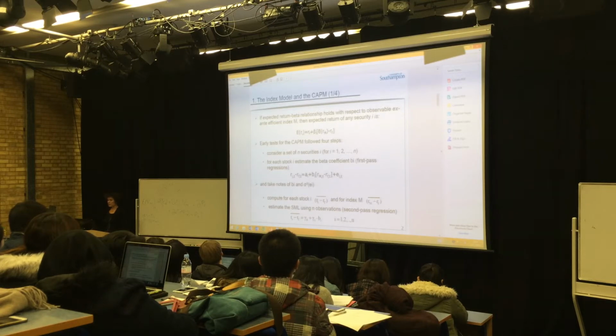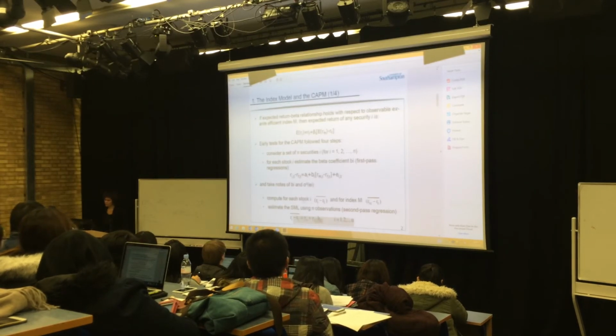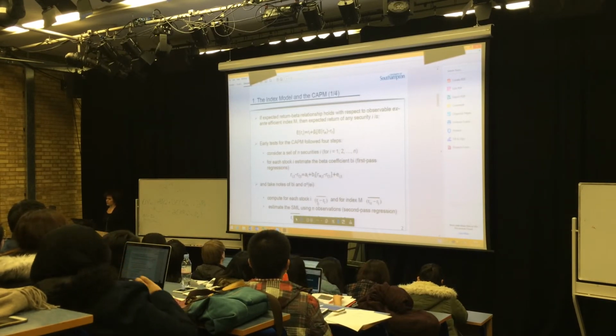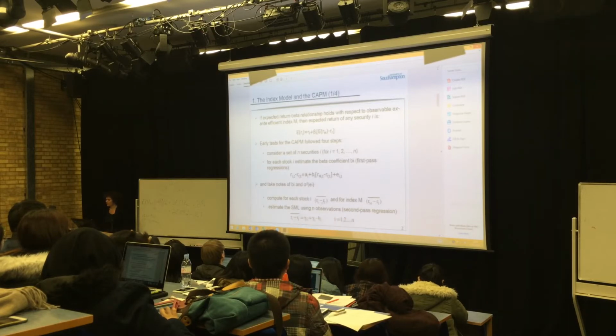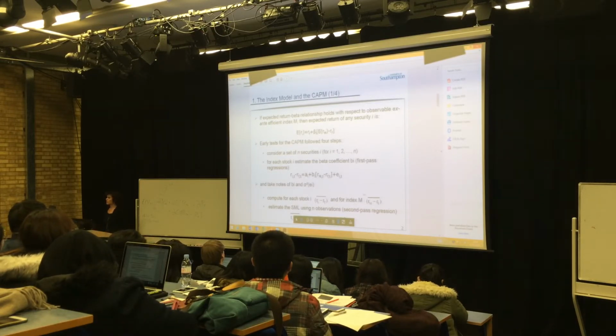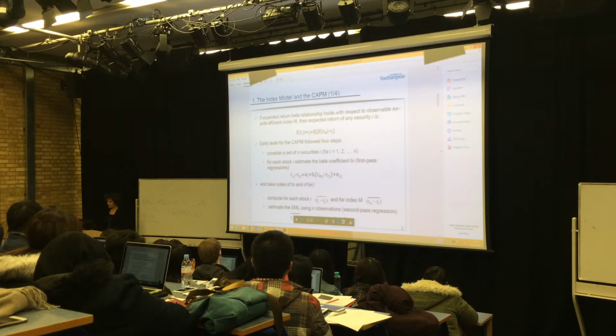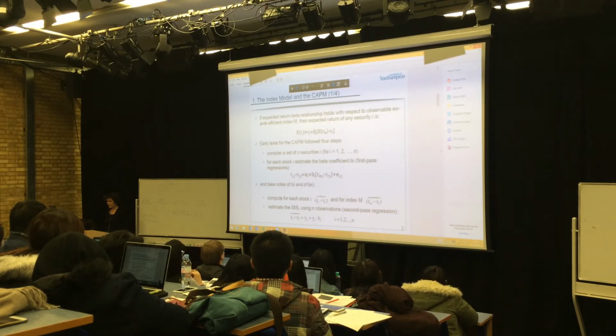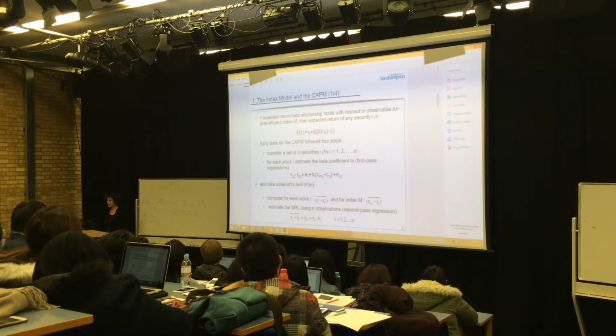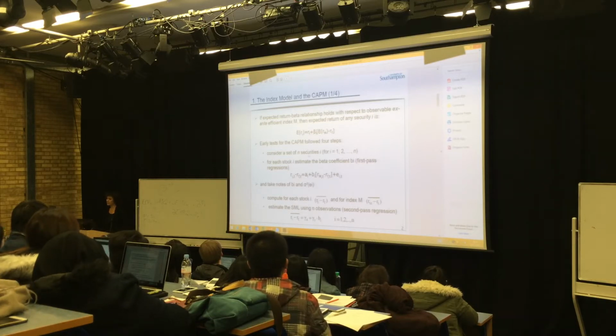Then I can calculate for each stock the average return of the stock i minus the risk-free rate. And for the index, I can also calculate the average excess return of my market portfolio. Then I can estimate my security market line using my N observations, my N securities, in a second regression, where I just regress this quantity,